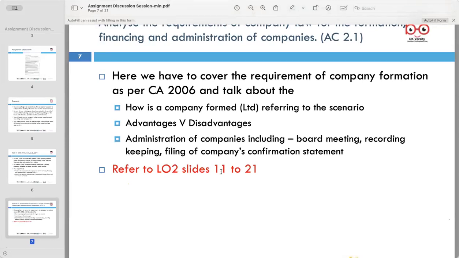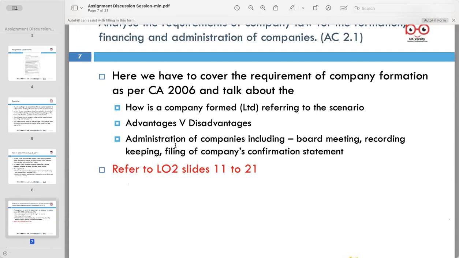Explain the steps Jody needs to take to officially establish her training business as a limited company. This may include tasks like registering with Companies House, providing necessary documents, and adhering to legal requirements. Then, when you talk about advantages and disadvantages, highlight the benefits such as limited liability for Jody, but also mention potential downsides such as increased administrative requirements or reporting obligations.